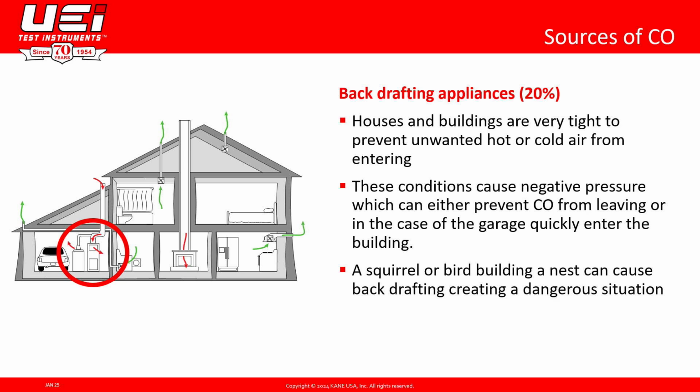Another common source of CO are all of those backdrafting appliances that we have in our house. So not only is it the furnace or the boiler, it could be the water heater, it could be the gas oven, it could be the dryer. Anything that is fuel fired within that house could create CO if not drafted properly. And it's important. I recently read a story about somebody who went into a customer's house and a contractor had red tagged the furnace. But it turns out the furnace was actually working completely fine. It was a faulty gas oven that was pumping all of that CO into the house.